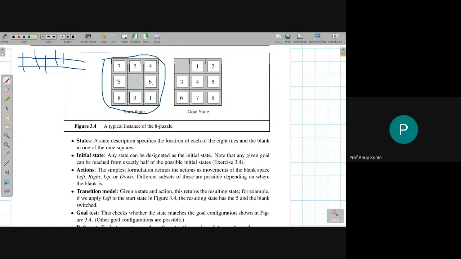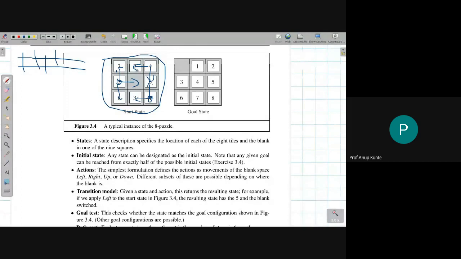If the space is here, there are 3 possible ways I can move the space. I can make space go here, here, or here. When the space is here, there are only 2 possible ways to move the space: up and left. When it is here, again there are only 2 possible movements: down and left. So we are moving the space, we are not moving the number. How to implement it? Again, not part of what we are learning right now. What we are learning right now is, if I were to define or